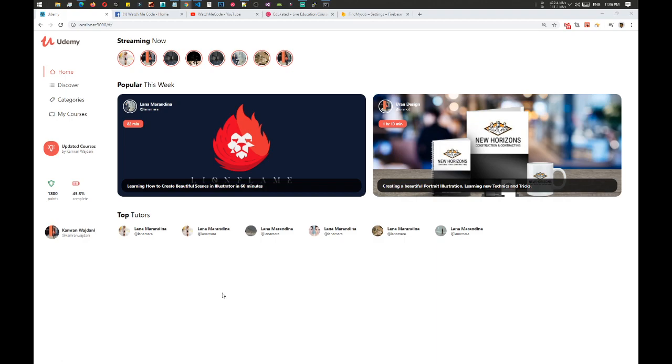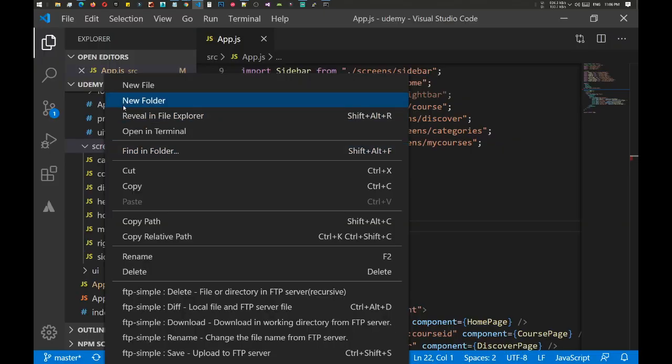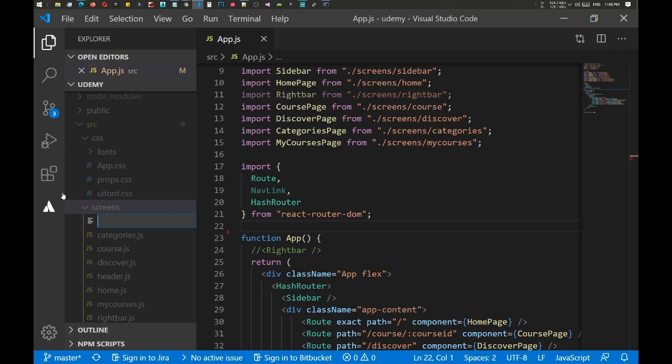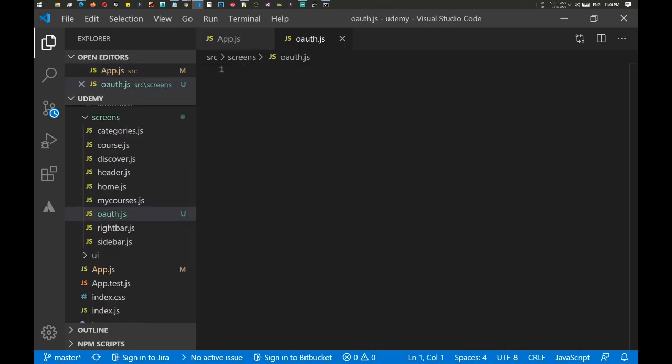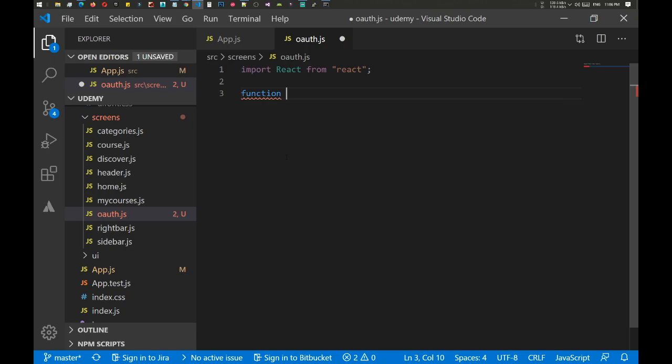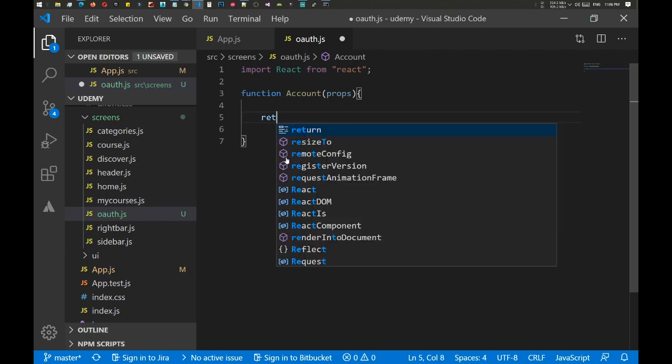our sign-in method, and for that we need to create a new file. Let's go to screens, and inside screens let's create a new file and call it auth, or maybe, well, auth is good. And inside auth, let's quickly import React from React and quickly create the function and give it a name of account, and we need props of course, and inside we need to return